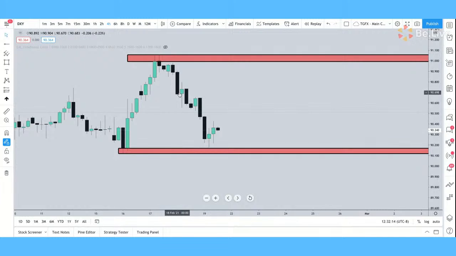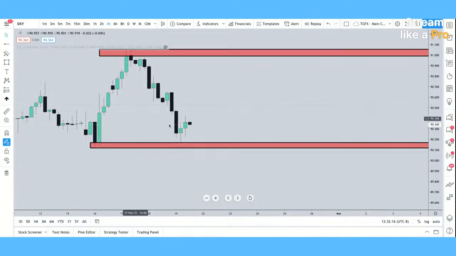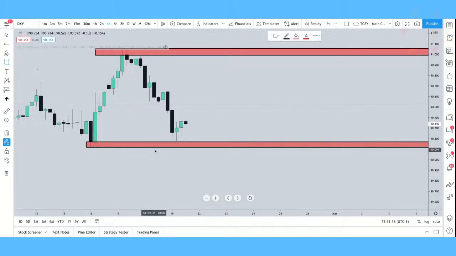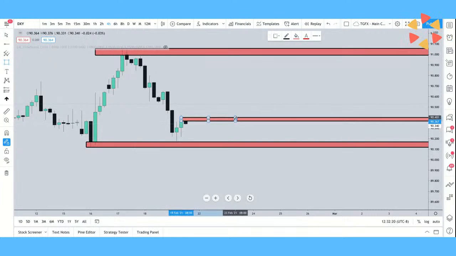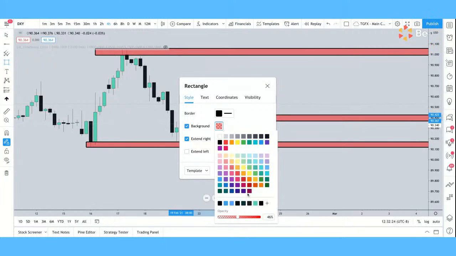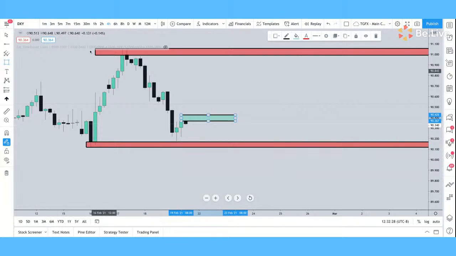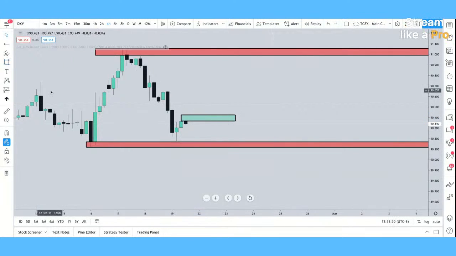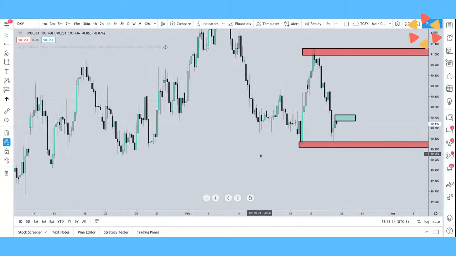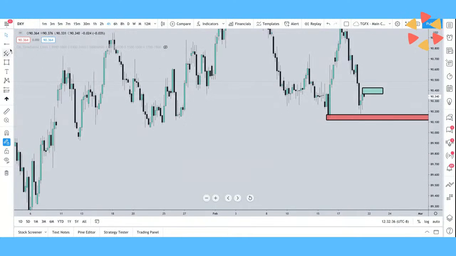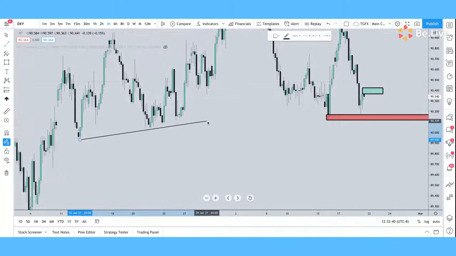Now you can see that we continue to make lower highs and lower lows on this time frame. So what I'll be doing is putting an H4 zone right here. I'll turn off extend. But that's my overall interaction level that I'll be looking to be maintained right now. Also, if you notice when we zoom out, we actually have a trend line that was broken. So if we start from this wick here and draw into the future,